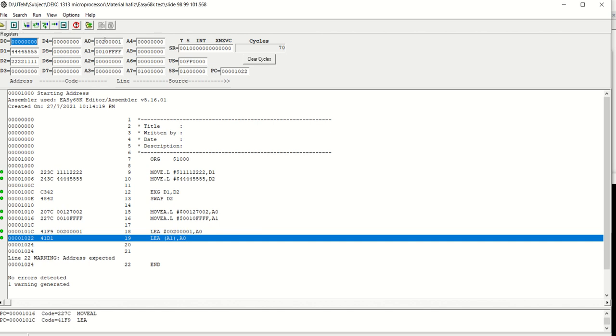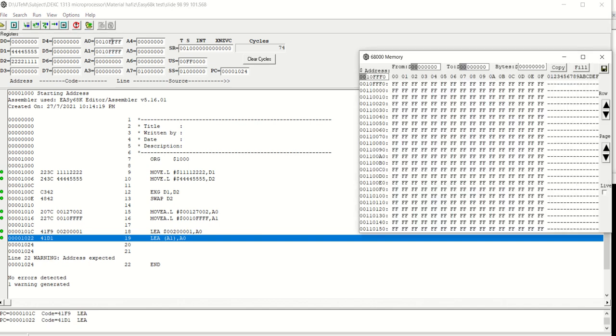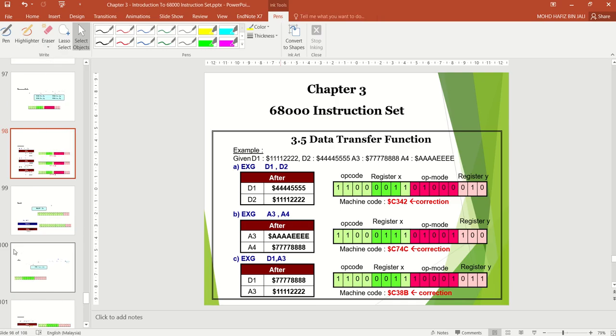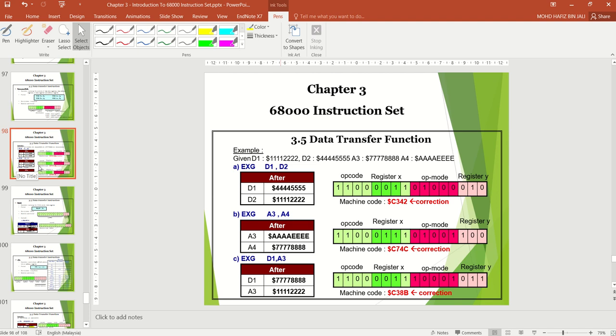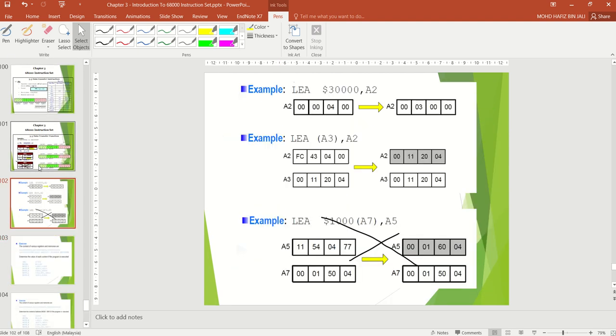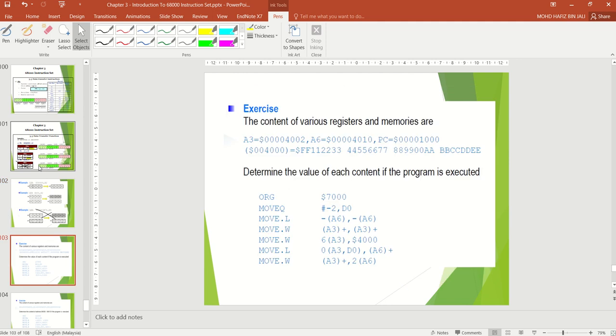And A1 will move the content of 10FFFF. Only 24 bits are involved, six hexa digits. So that's it for exchange, swap, and LIA. You can try this example.